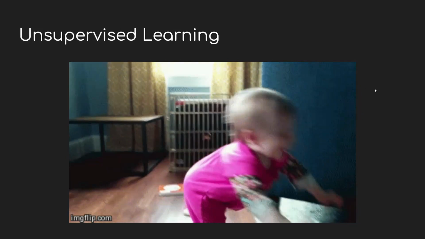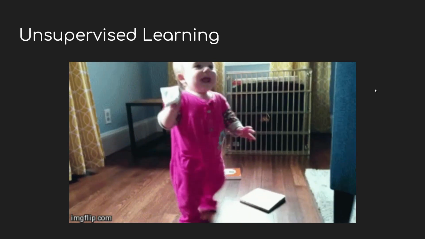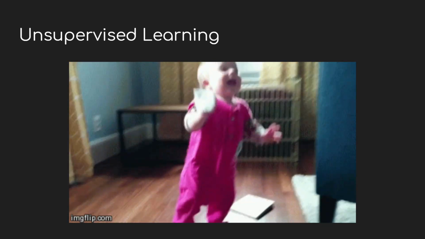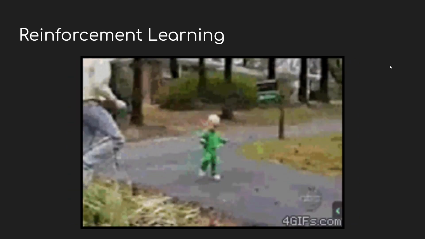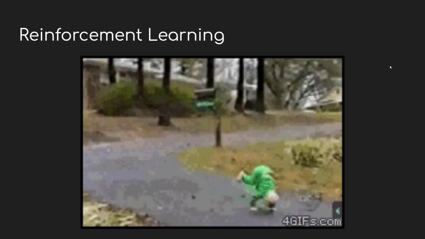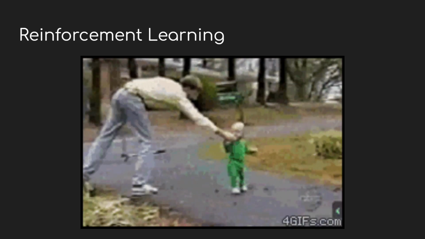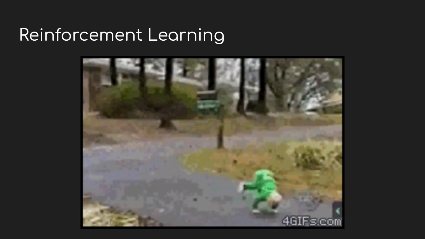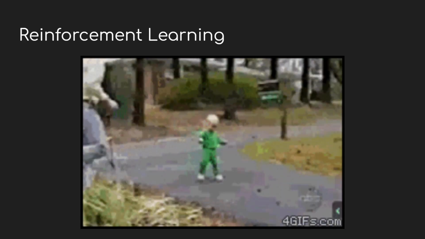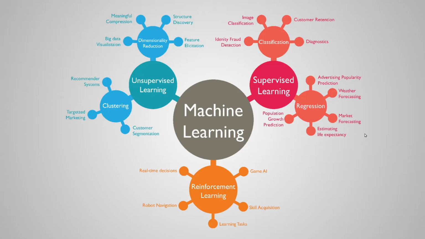Then in unsupervised learning, again similar things, but the thing is you will not hold it here. So it will try to figure it out on its own. What's the idea? In reinforcement learning, whenever a kid walks, you give him a cookie, so he will understand that whenever I walk properly, there is a reward. Suppose he falls, you pat on his back, in the sense this is not the right way of learning things. So that's the example for reinforcement learning.